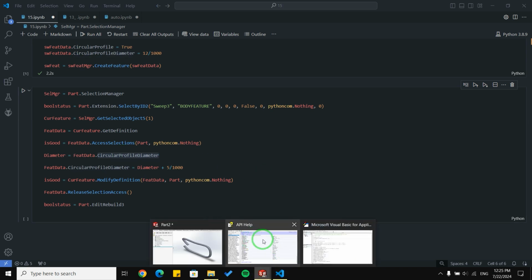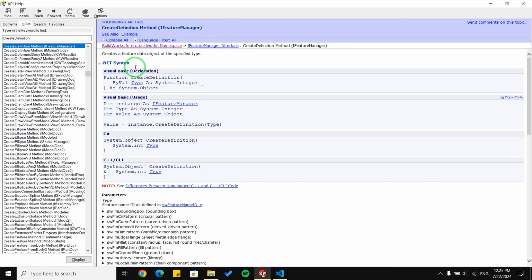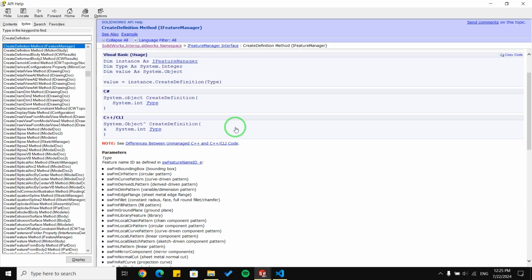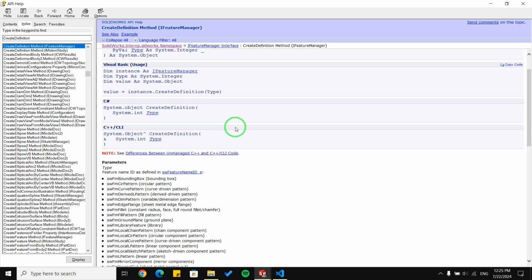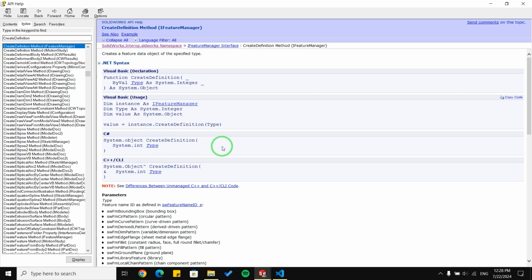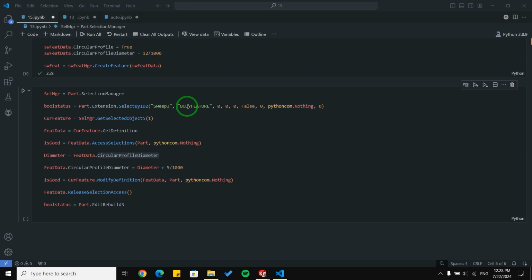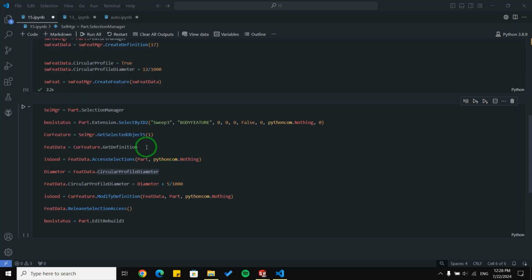As we saw in API help, like here for create definition, we don't have a direct function to create a sweep, and we need to use get definition function. For example, for extrude, we had something called feature extrusion, but we don't have it here. We don't have feature sweep function here. So what should we do? I'm going to show you how to extract this function on the sweep feature or feature sweep, and you just